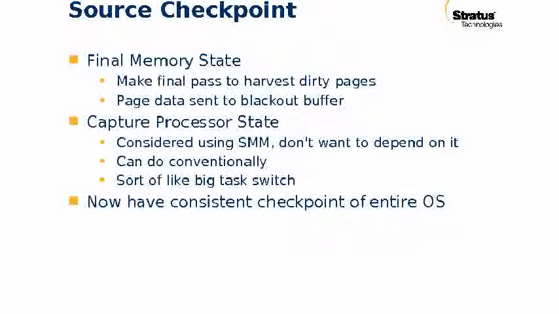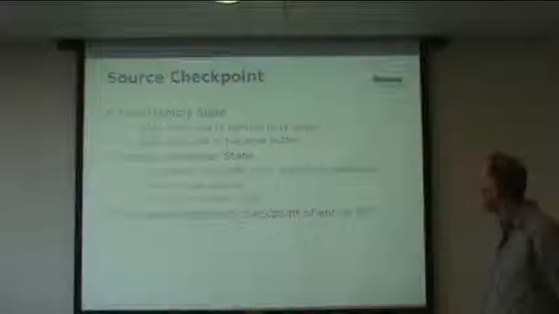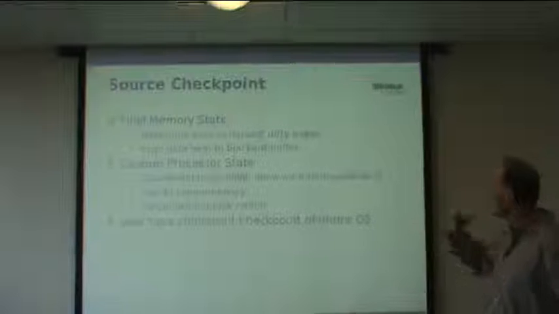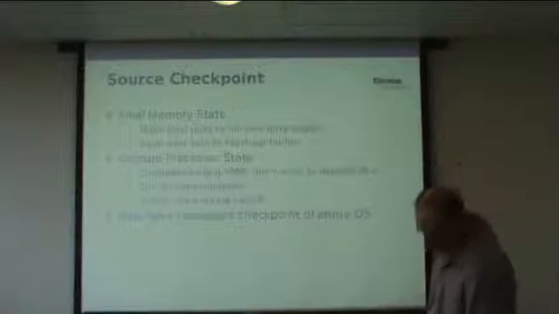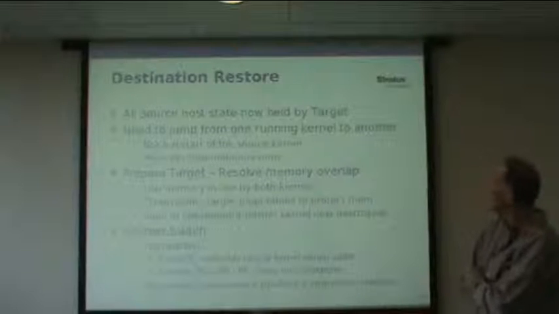It's sort of like a big task switch. So you save all the usual registers, but then we had to find and save basically a bunch of MSRs and other stuff as well. Timestamp counters. And now at this point, we have a consistent checkpoint of the whole source OS in the blackout buffer. Meanwhile, on the destination side,